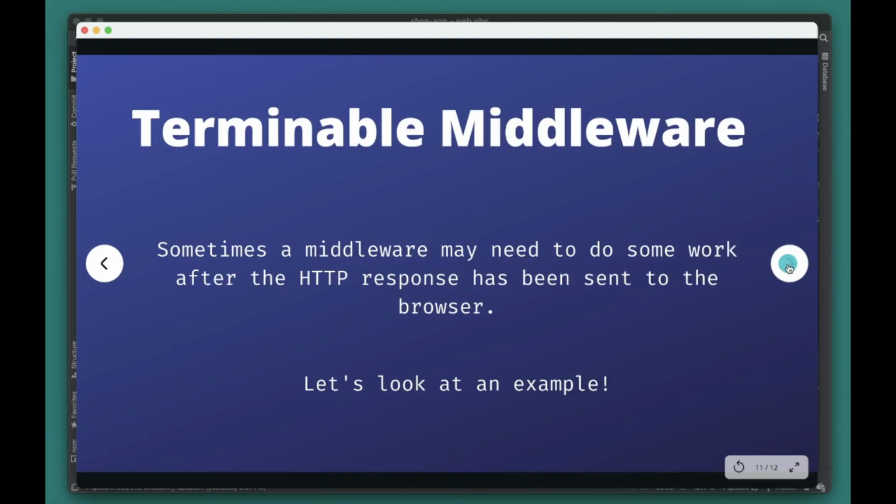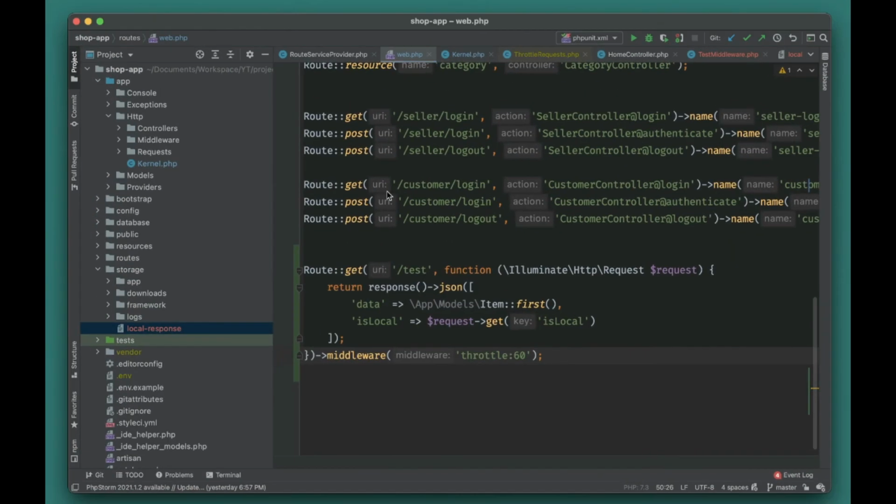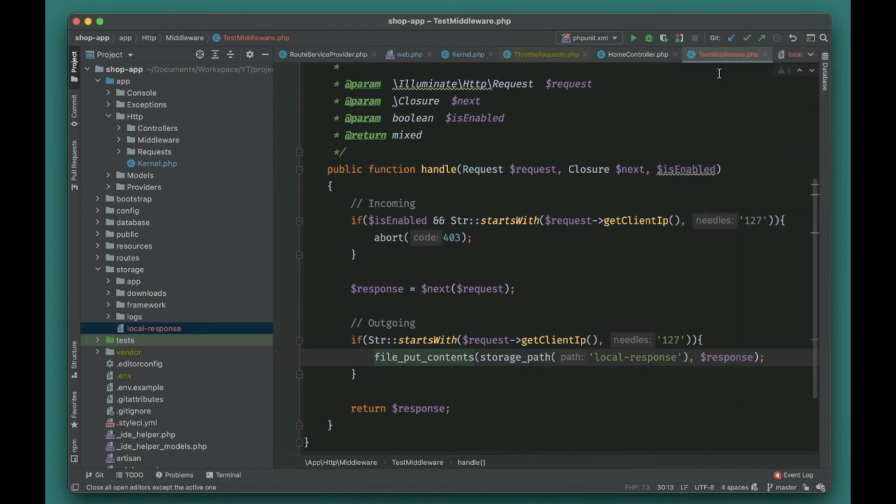So the next thing I want to show you is one of the very interesting features of Laravel middleware. You can actually write terminable middleware. By terminable middleware, what I mean is you want to do something after the response is sent to the browser. So you can actually use this in some use cases. For example, the use case I have found so far for this is, for example, you want to log